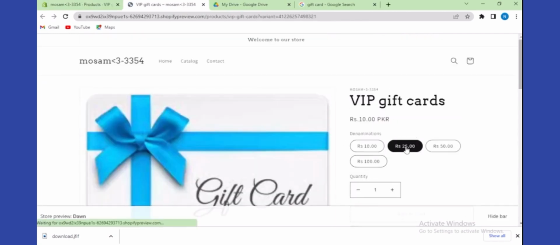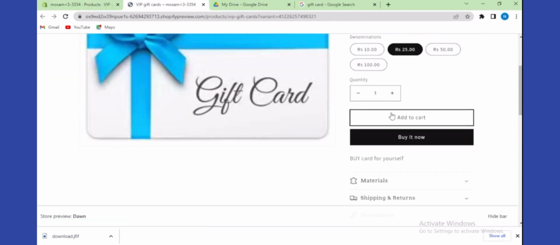Now here you can change the price that you want and add to the cart. So this is the way